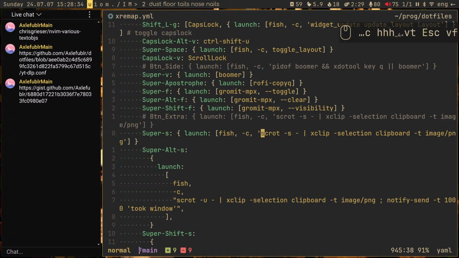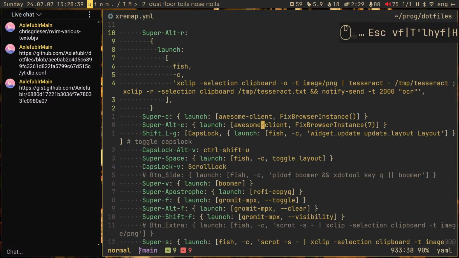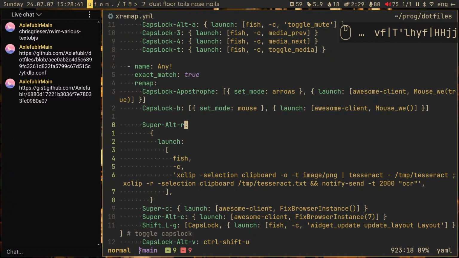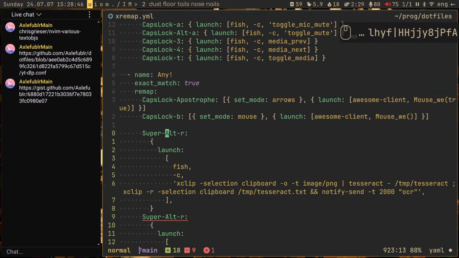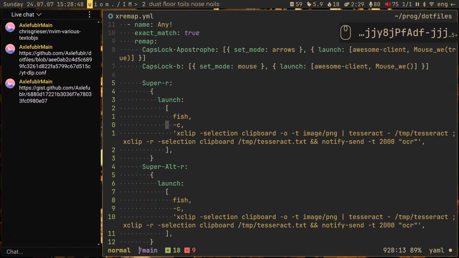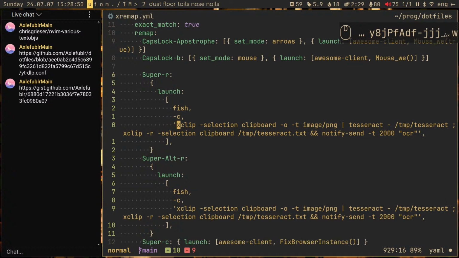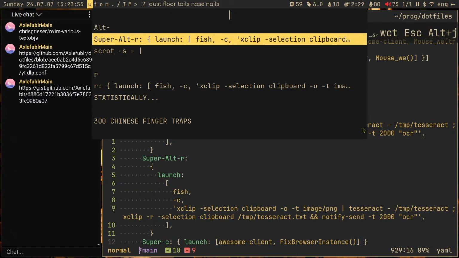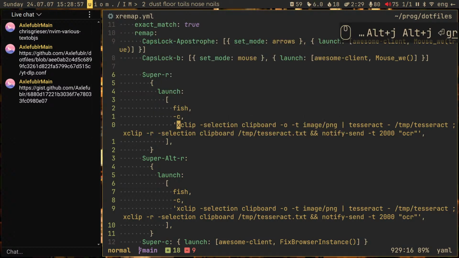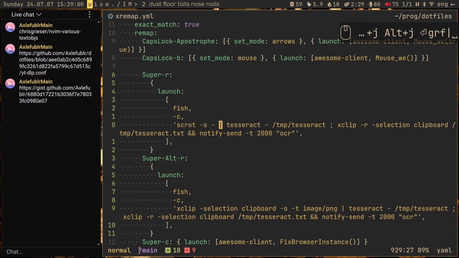I want to make a mapping that's a bit more direct. Let's remove the alt here. So here, instead of taking the image from my clipboard, let's grab this again and find this. And if I did everything correctly, what this will do,